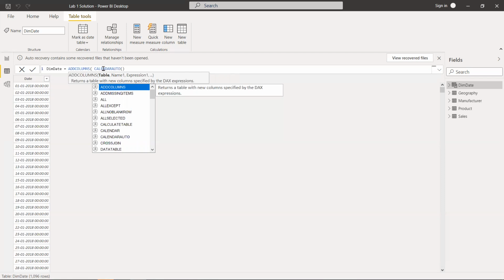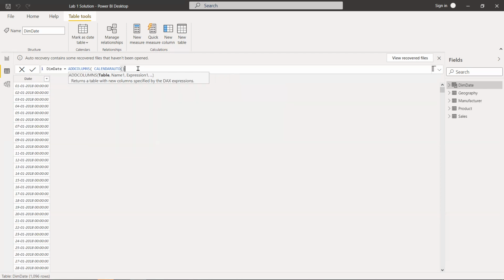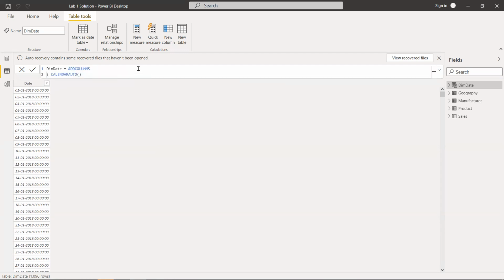So we have already specified the table, calendar auto, and then we have to name the columns we would be adding: name one, then its expression, name two, expression of the second column. And for the sake of simplicity, rather than writing the whole code in a single line, we break it into separate lines so that it is easy to understand and easy to operate on. In order to move this bracket into the next line, I would be using shift plus enter together, and now it has been moved to the next line.